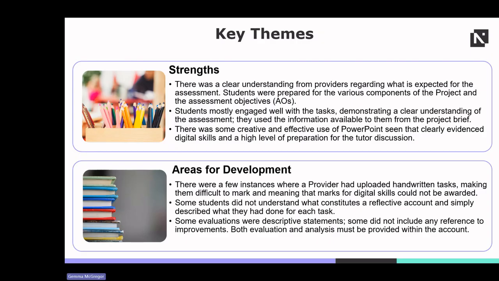Here we can see that generally there was a clear understanding from providers regarding what's expected for this assessment. Students were prepared for the various components of the project and the assessment objectives, and students mostly engaged well with the tasks, demonstrating a clear understanding of the assessment. They used the information available to them from the project brief. There was also some creative and effective use of PowerPoint in supporting Task 3 that showed a high level of